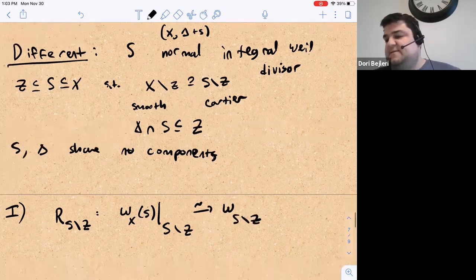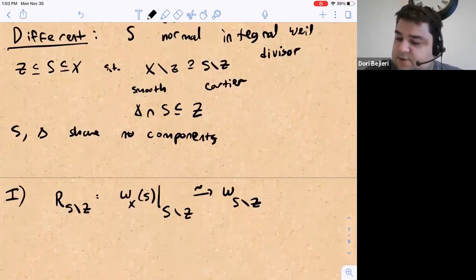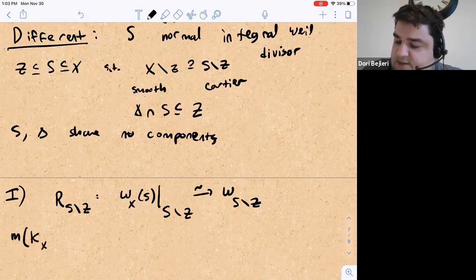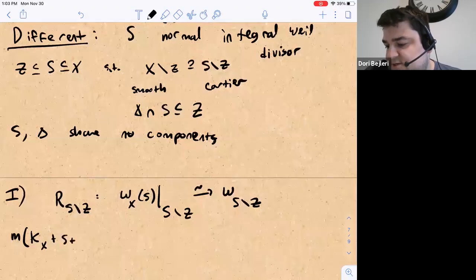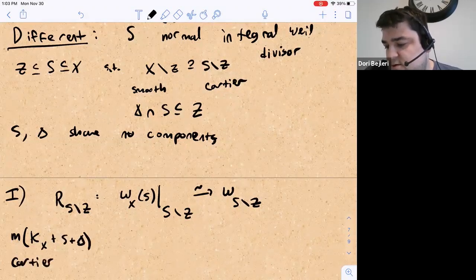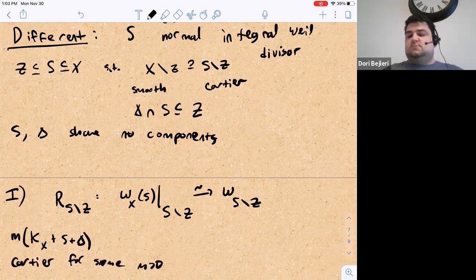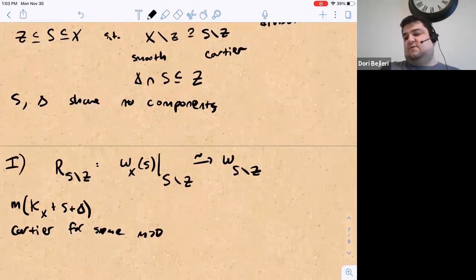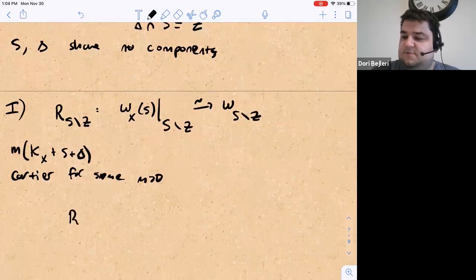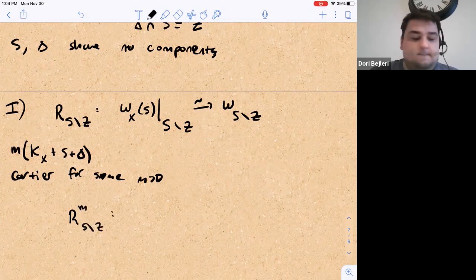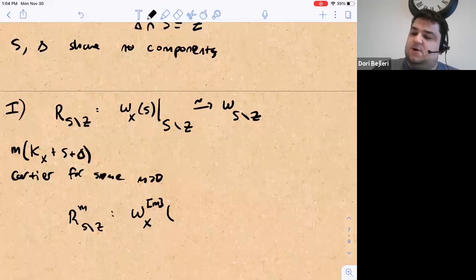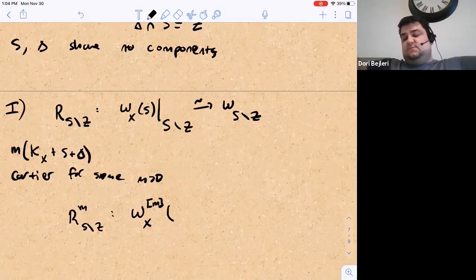Okay. And so now we can take some large enough power. So now we know that we have this log pair. So we know that m(kx + S + delta) is Cartier for some m. So pick that m where it's Cartier, and now look at that tensor power of the residue map. So that tensor power of the residue map will, well, it'll induce an isomorphism from the mth reflexive power of our line bundle of our divisor on X, because